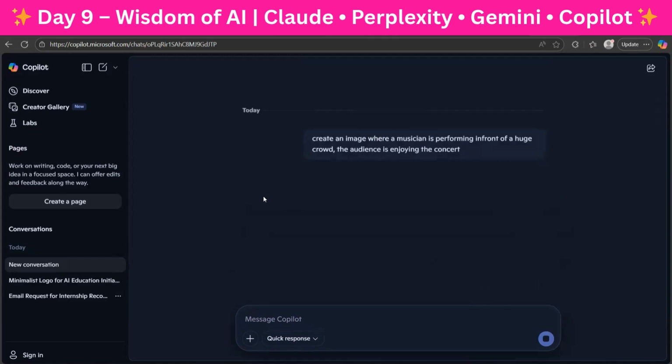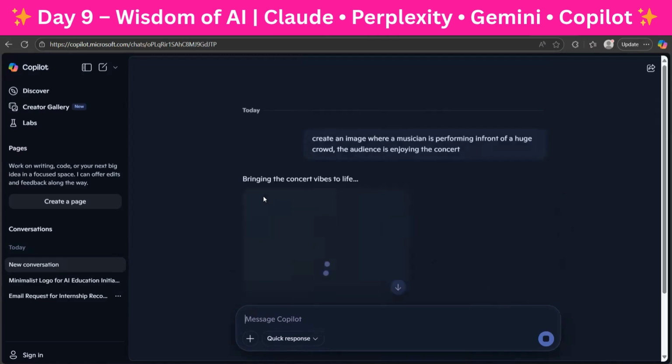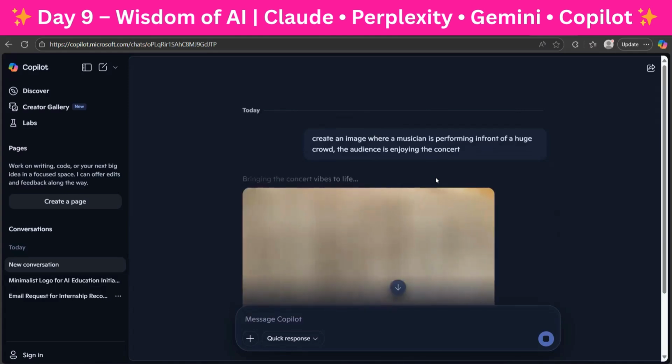So let's see, I've asked it to create an image where a musician is performing in front of a huge crowd and the audience is enjoying the concert. So let's see what the Copilot generates.